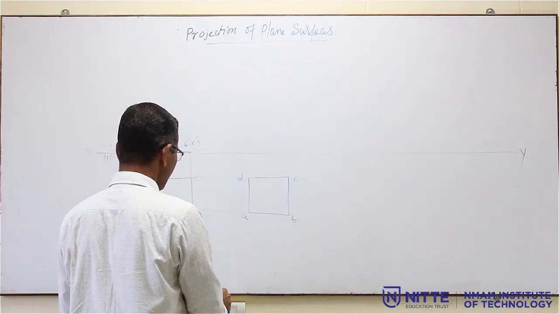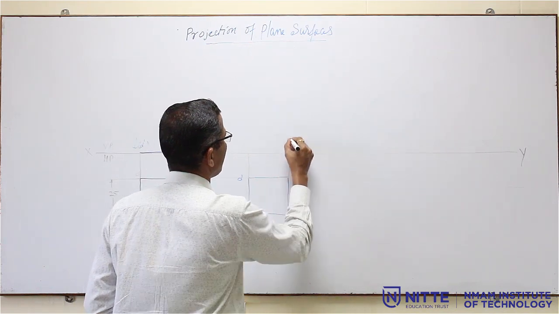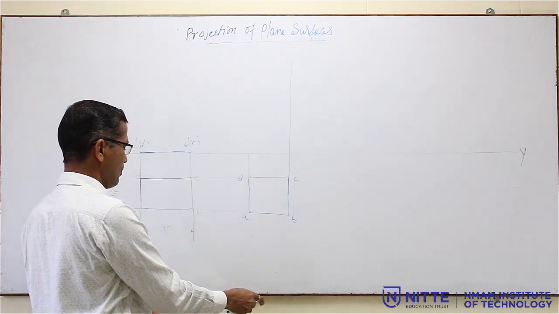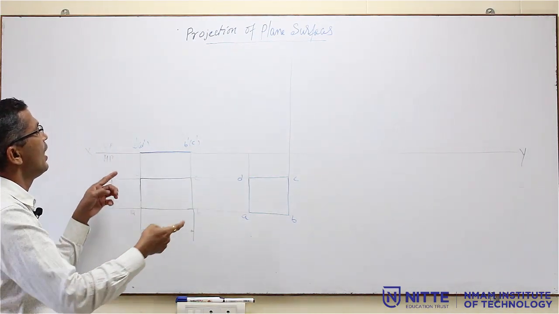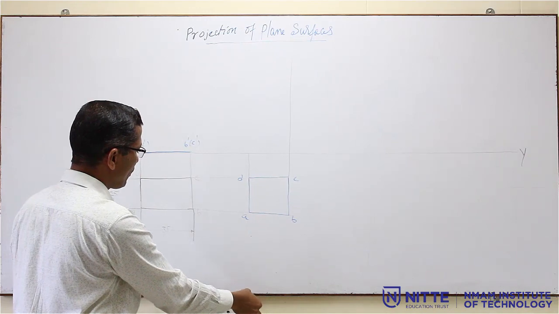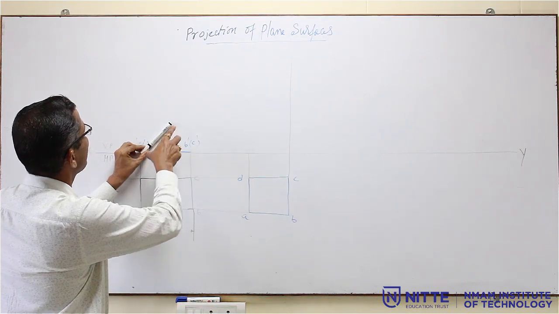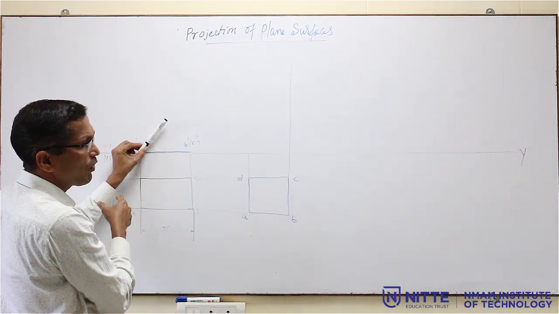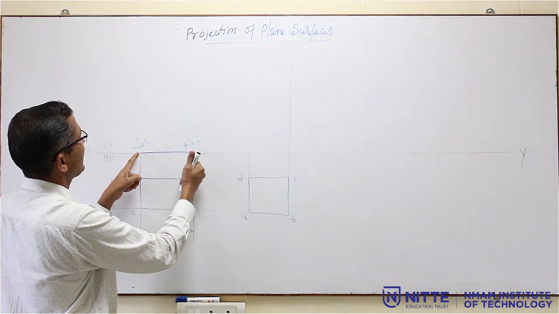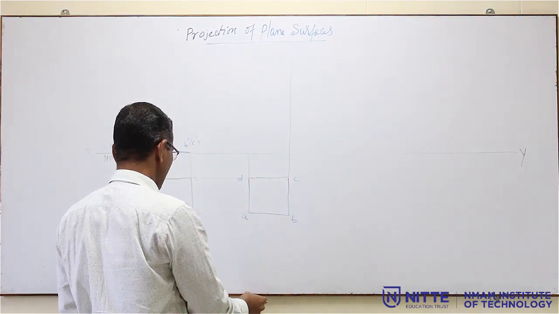After this, you have to project this up, you extend it, one side you extend, and take your compass and measure the front view length. When will it look like a square? If you give some angle like this, at one position it looks like a square. You have to find that. How to find? For that you take the compass and measure this length, and keep it on this point, keep that radius here.